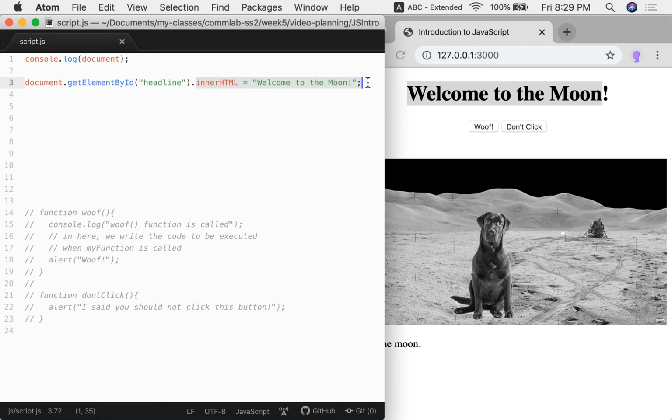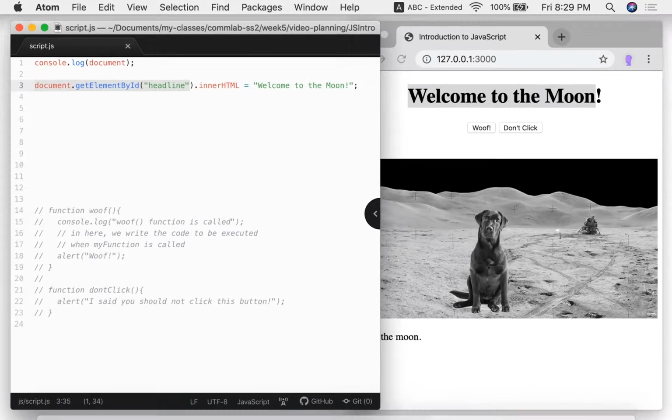Before I get to that, what I want to make clear here is that I told you before the document is a so-called JavaScript object. This is still a JavaScript object. So out of one object, we pull another object. The reason I mention this is that I want to get one thing into your head,